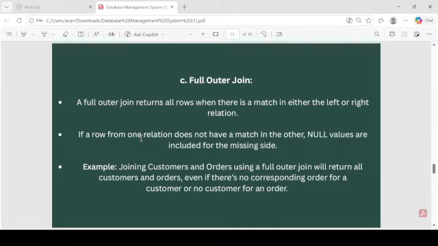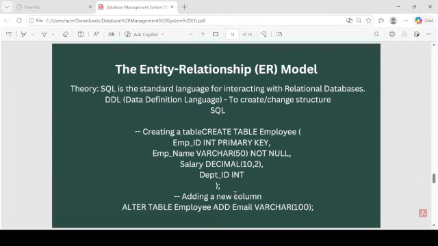If a row from one relation does not have a match in the other, null values are included for the missing side. For example, joining customers and orders using a full outer join will return all the customers and orders even if there is no corresponding order for a customer or no customer for an order. So it returns all the data of both the tables.